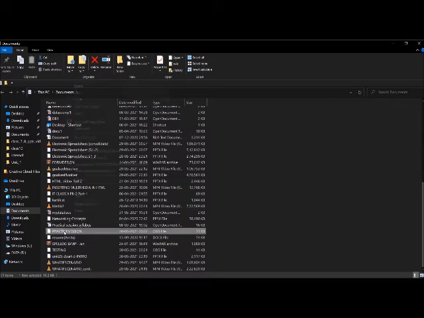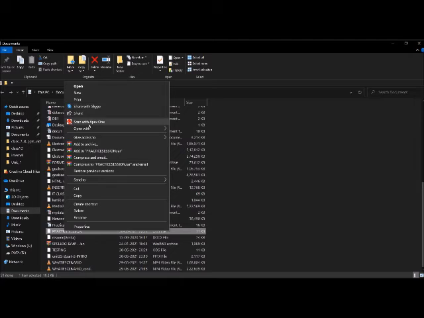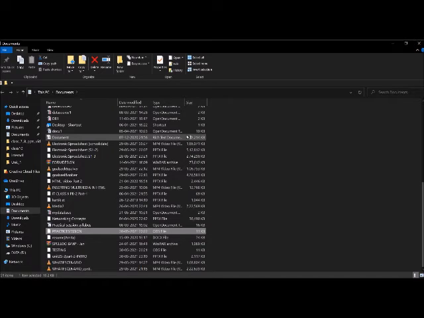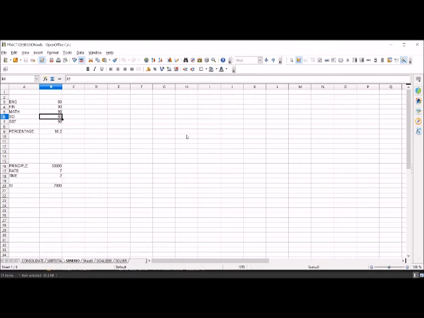I'll open it with Calc. It was opening with Excel. I don't want to open it with Excel. I want to open it with Calc. Now this is my practice session workbook.